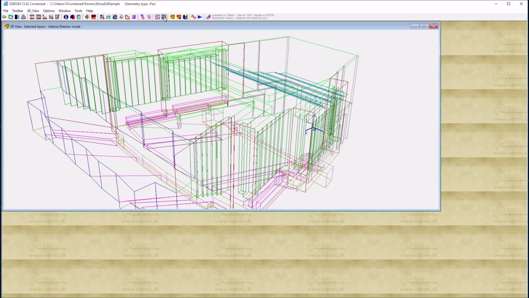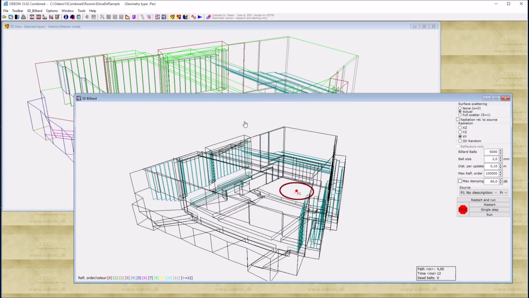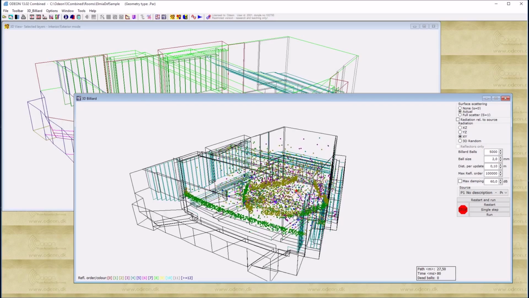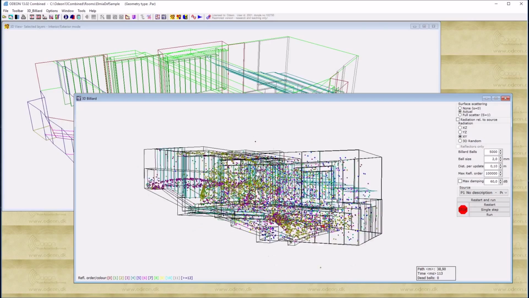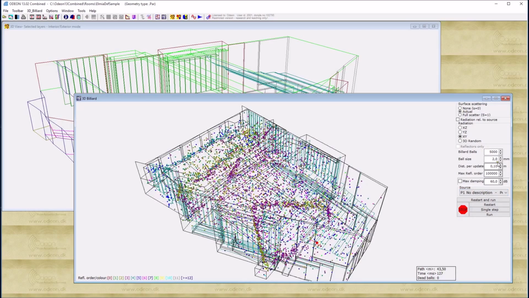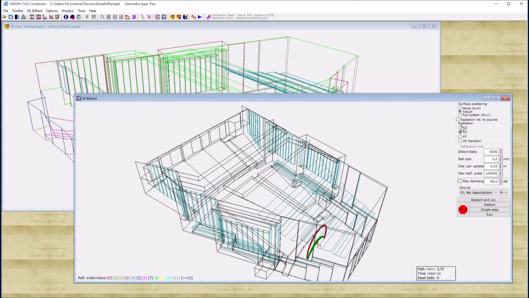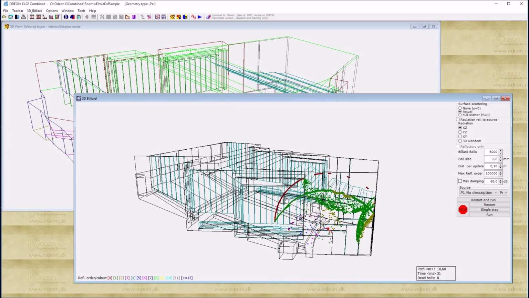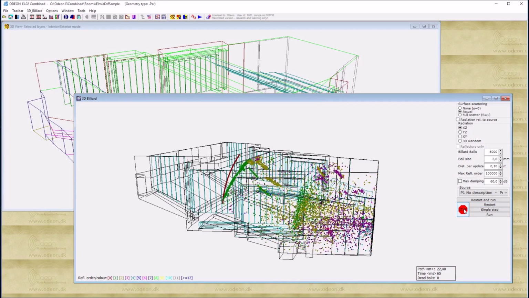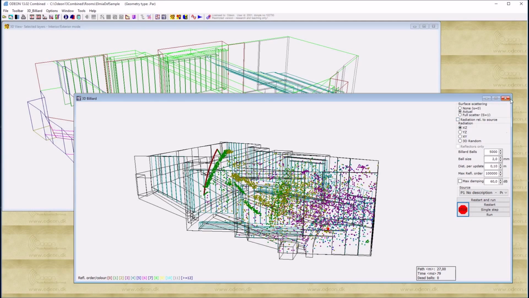Another visualization tool we have is the 3D billiard, and it plays with a number of billiard balls and shows you how they reflect in the walls of the room and how sounds get scattered by surfaces depending on the size of the surfaces and the material types and so on. Quite a neat visualization, and you can also look in different directions in the room, so having a vertical radiation of these billiard balls or into the 3D space as well. So this is the 3D billiard display, quite easy to use.